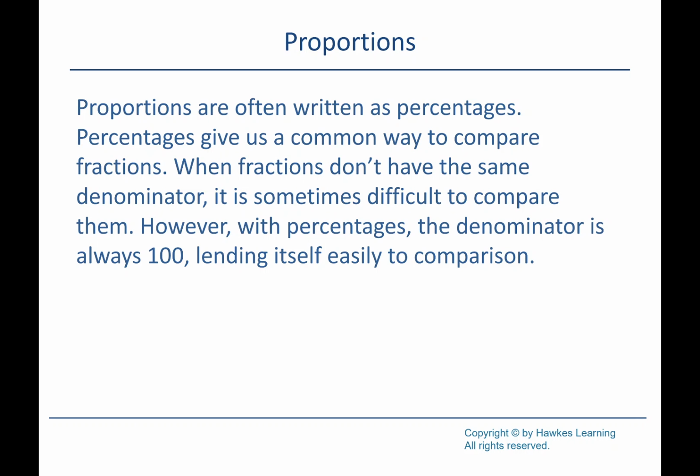And what we do is we make the denominator 100, and then that lets us think about and compare the tops, the numerators, because they have the same denominator. So with percentages, all we're doing is we're making the denominator 100 and then comparing the numerators. Even though we don't normally write a percentage like a fraction, we normally write it with a percent sign. That's what we're doing. We're changing it to be over 100. So if we just have any fraction with some other denominator, and we want to change it to a percent,